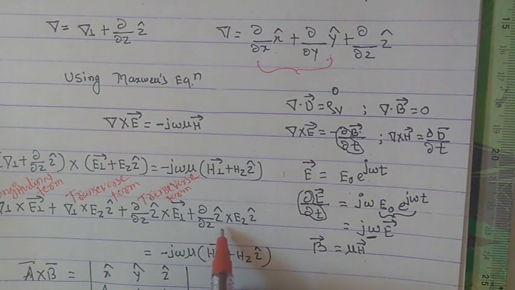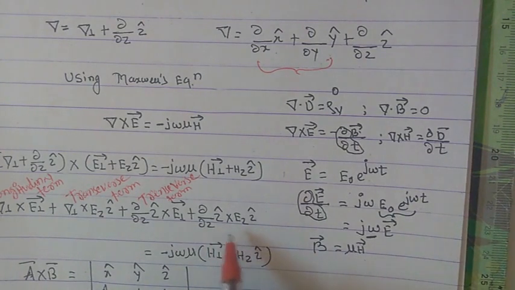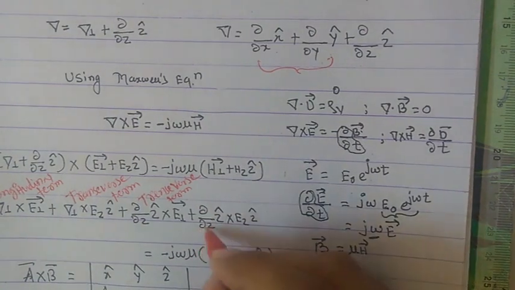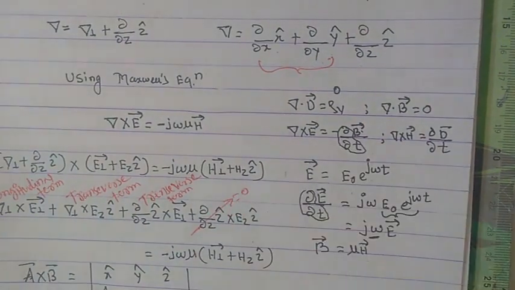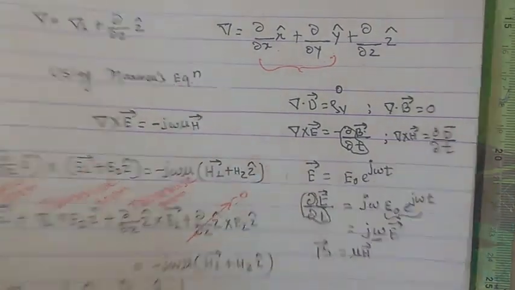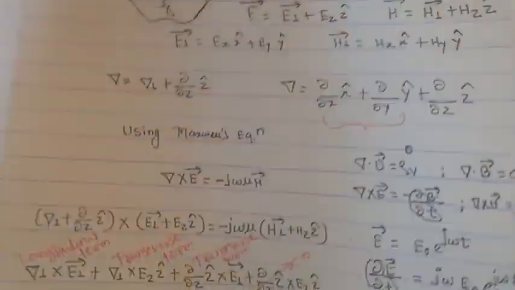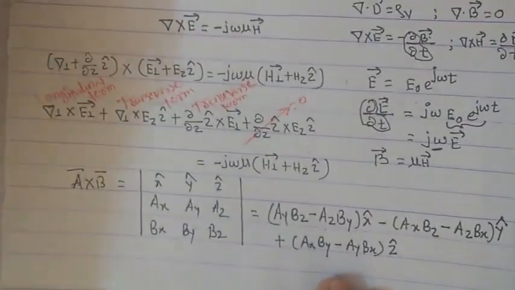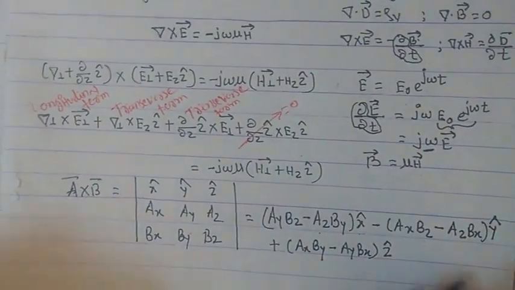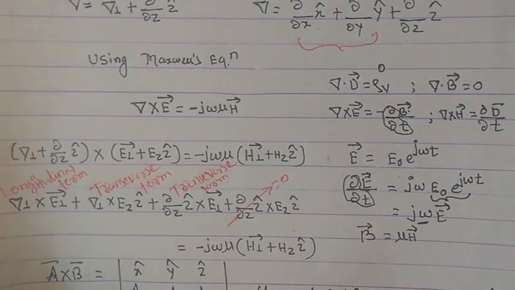If both vectors are in the same direction, having 0 degrees between them, sine 0 will be 0, and identically this term becomes 0. So after writing out the transverse and longitudinal terms, if I write for the transverse terms only, I can always write